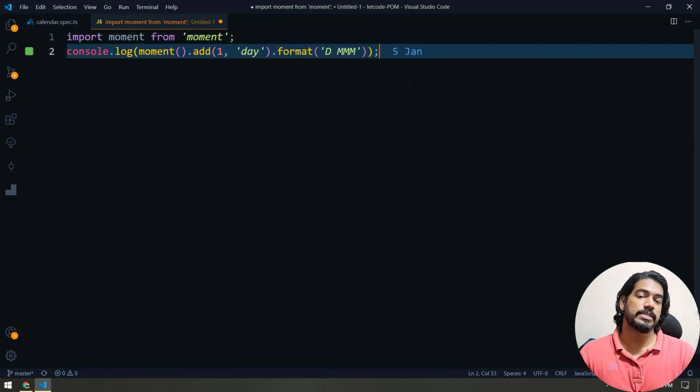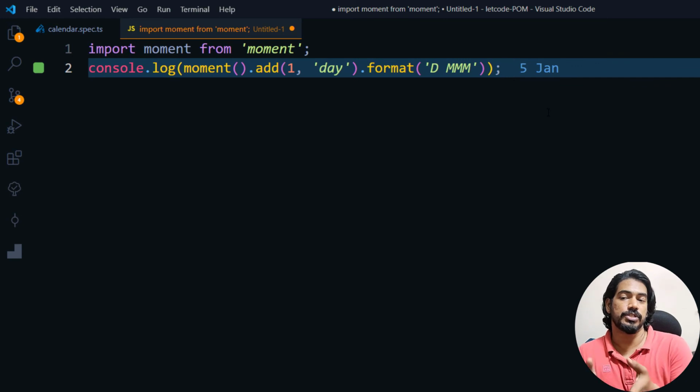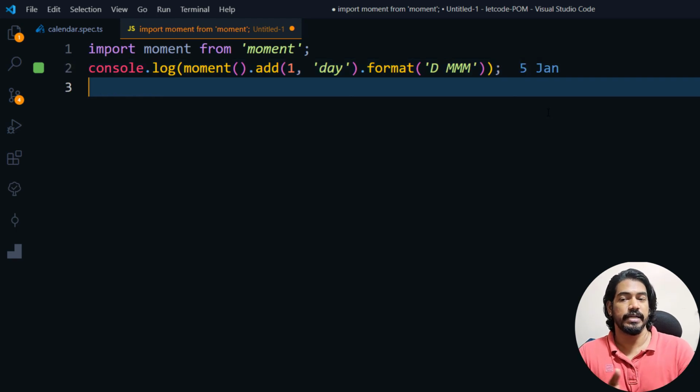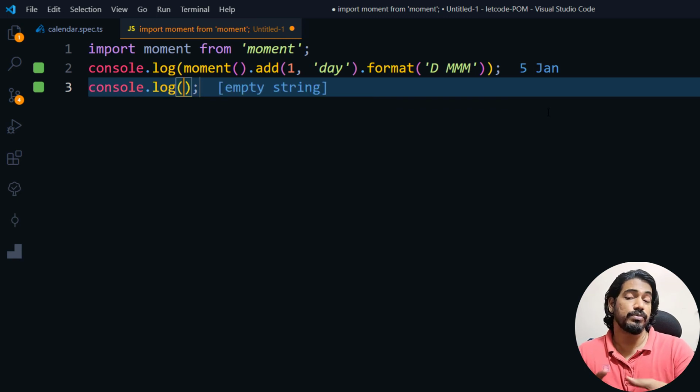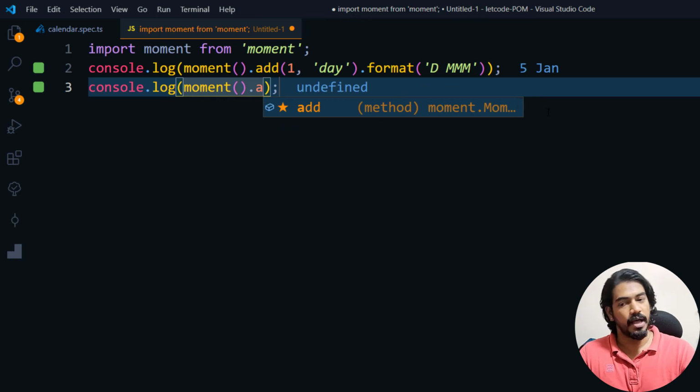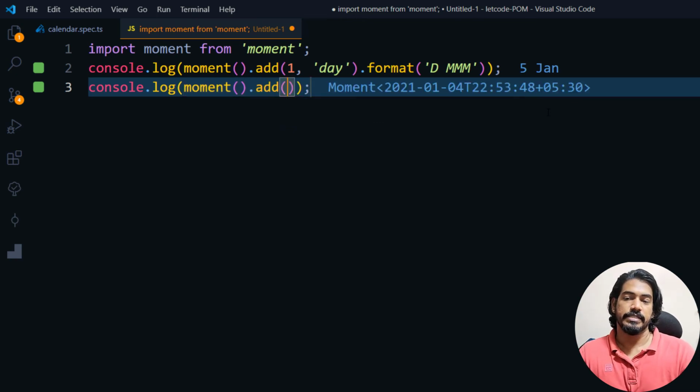Okay, now this is very easy, but in automation mostly we have to go with some ranges. For example, let's say that I have to always schedule a job from the next Friday or the next Monday, right? So in that case we can do that with the help of moment as well. So I'll just write a console log. Based on that you can write the dynamic XPath, you know how to do that. So I'll just say moment dot add, and let's say that I always want to get the next Friday, right? So Friday falls on the day of 5.